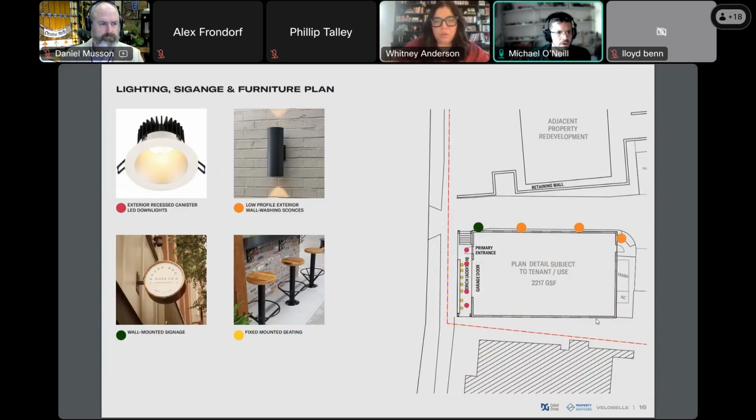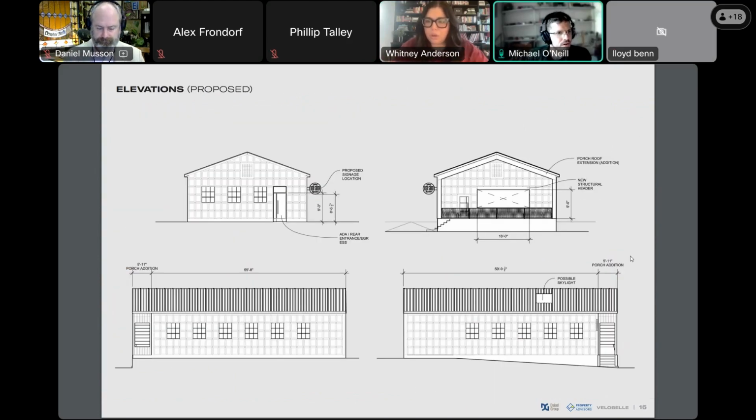We would like to not get rid of windows if possible, but it will depend on the floor plan of the actual tenant. They may put a kitchen there. We may take that opportunity to create privacy by the floor plan layout, but that remains to be seen. It's a big variable because it depends what type of business is in here, what they need. But any windows on the south side, we're going to make as translucent and privacy conscious as possible.